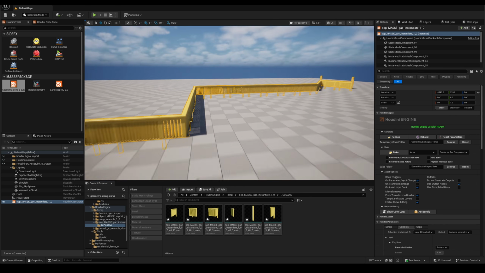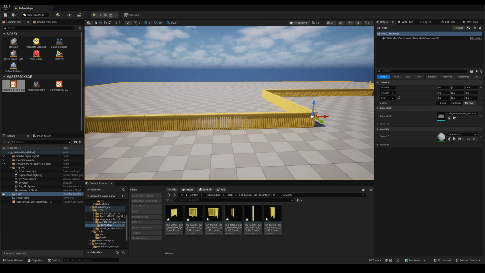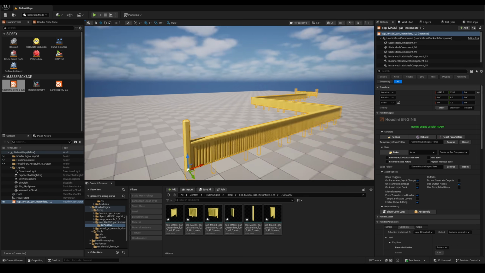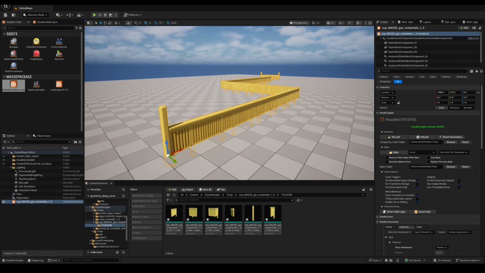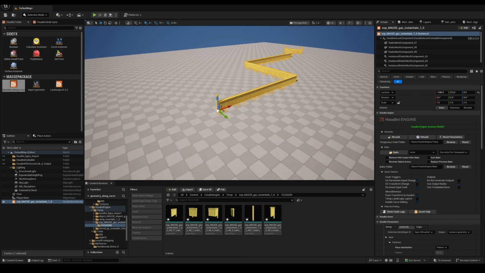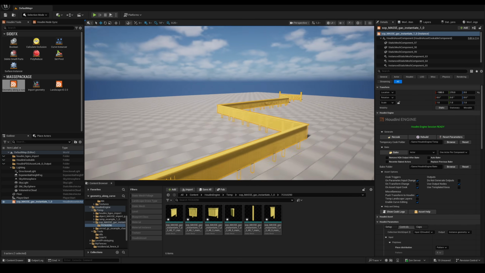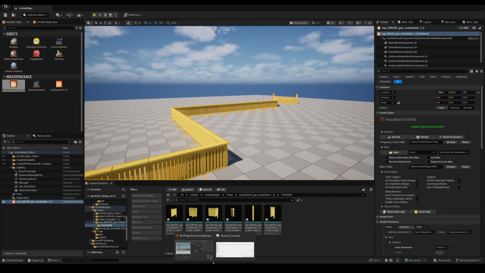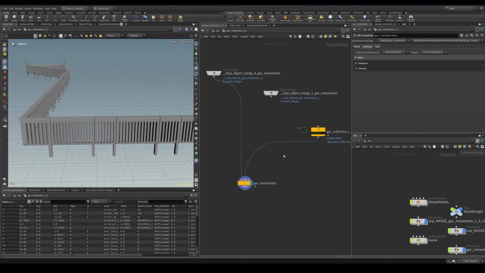But for now it's going to be like that, because in 99% of the cases you just want to instantiate your geometry that you have already set up inside your content browser. So I just wanted to showcase this cool trick that you can use to get your collections from the